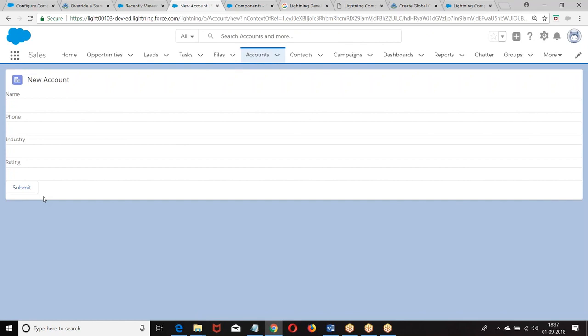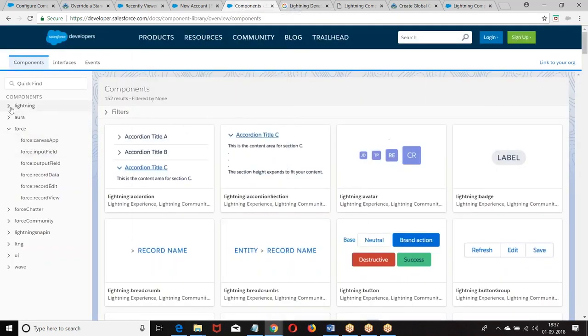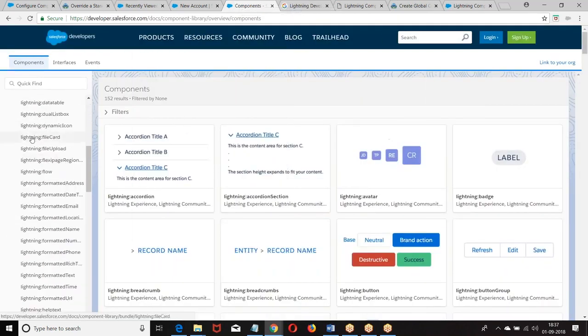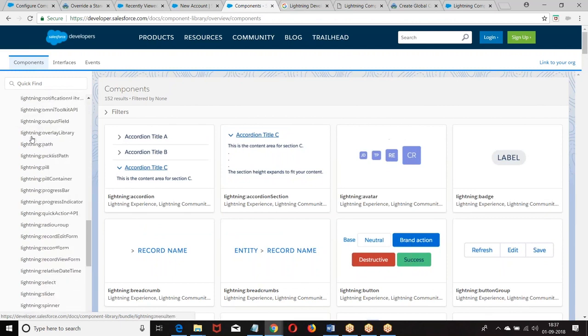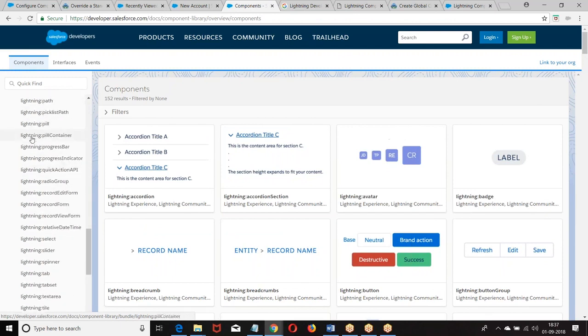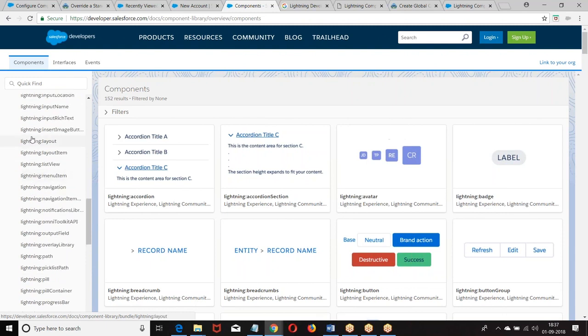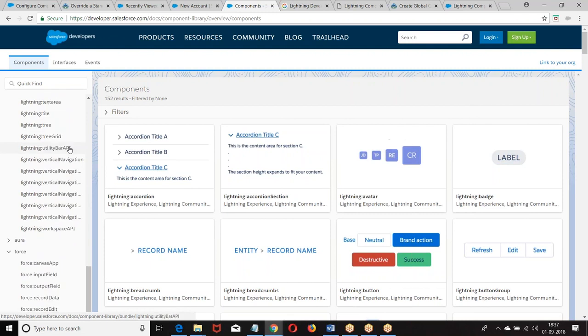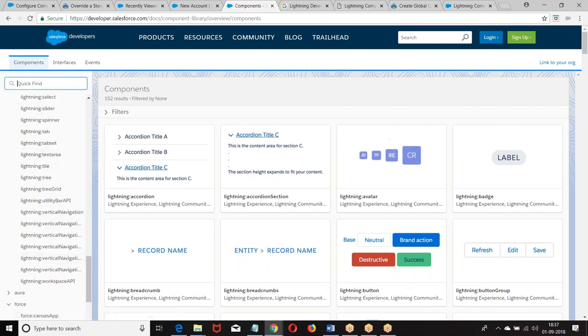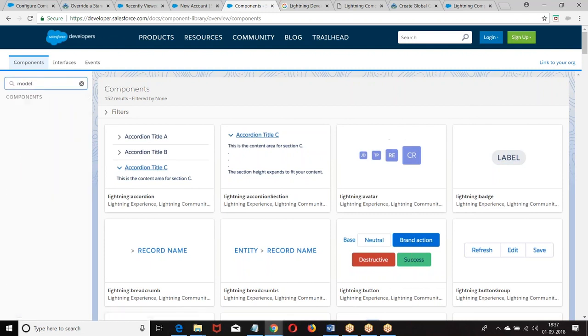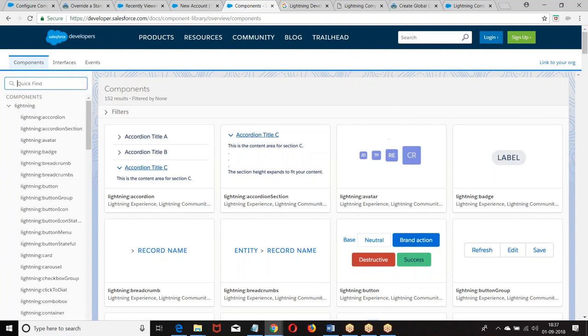Now it is coming as a page. You don't want to do this. We have an attribute. What was the attribute? Lightning modal. There is a modal concept here which we can use. There is an attribute called modal using which we can do it. The pop-up box is called a modal concept. Using that we can achieve it.